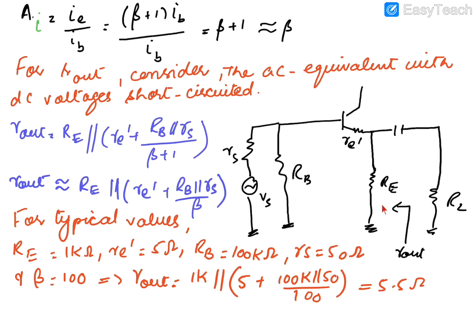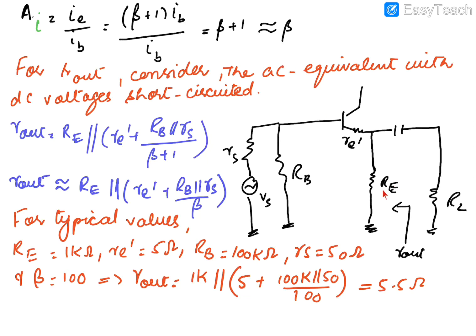You can find the output resistance by simply short circuiting the capacitors and the DC voltages, and the stage input resistance will be found at this point. And as you know, at the output side the current is beta times greater than the input side, so the resistance will be beta times less. So if you are taking these input resistances on the output side, you will divide them by beta, because when we take the current IB on the output side, we multiply it by beta, so the resistance will be divided by beta.